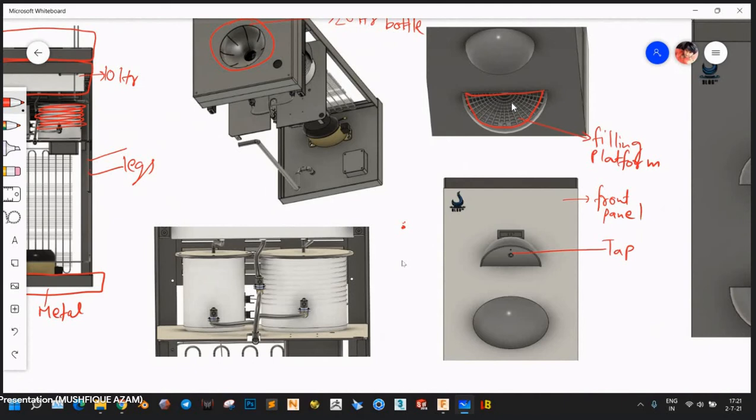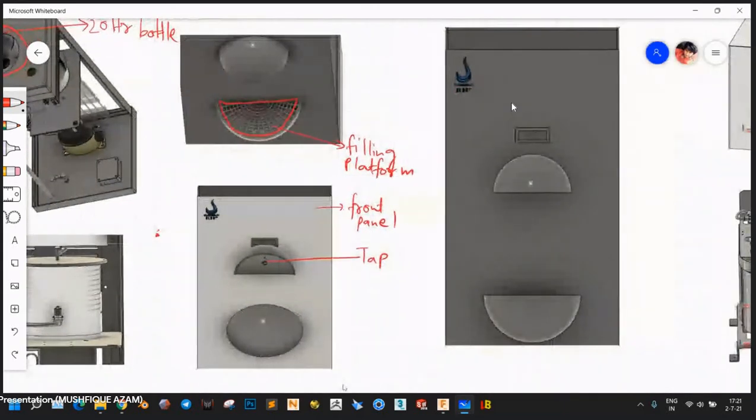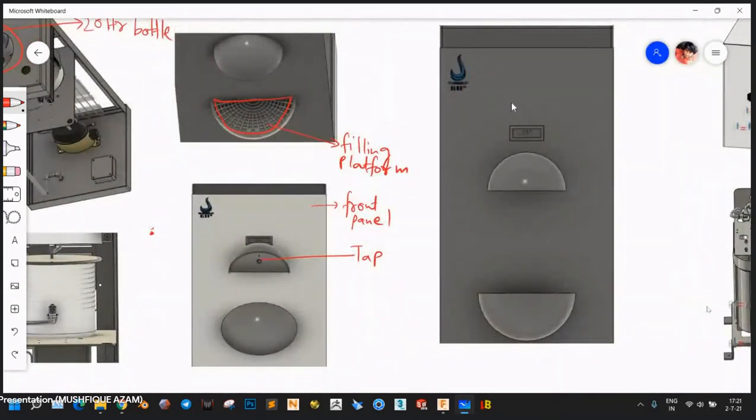And after that, the user can just take out the grill and take out that container and throw out the water. You can mark this feature too. On the front of the face of the body, you'll see a small rectangle on the top that contains the interface. Basically, it contains two switches and three bulbs,